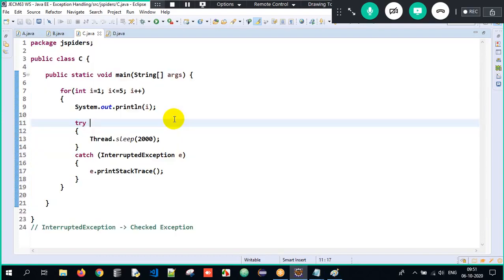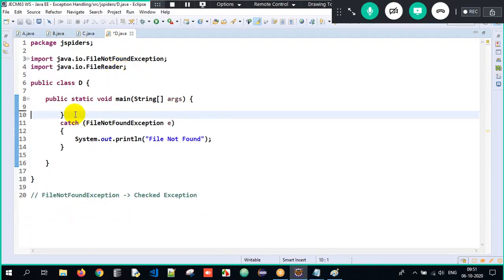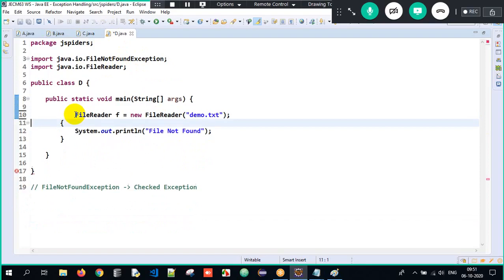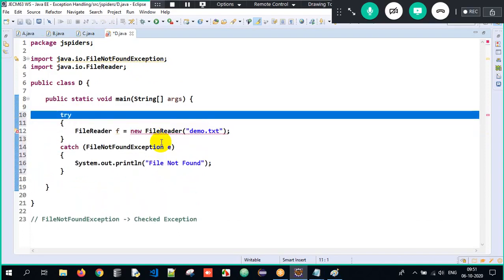But when is the question? Is it immediately or after some time? Again, when I write FileReader f = new FileReader, I am trying to read from that specific file. But as soon as I write this, I get an error. Why? Because the compiler already knows there might be a FileNotFoundException. So we need to handle it immediately.